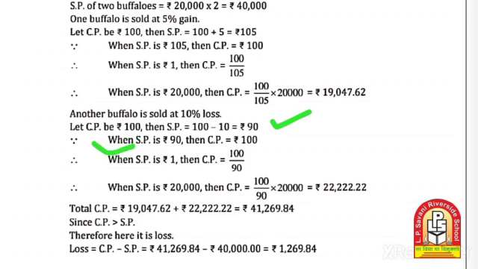When selling price is 90 rupees, then the cost price is rupees 100. So when the SP is rupees 1, then the CP is 100 divided by 90. So when the SP is rupees 20,000, then the CP is equal to 100 divided by 90 multiplied by 20,000, that gives us